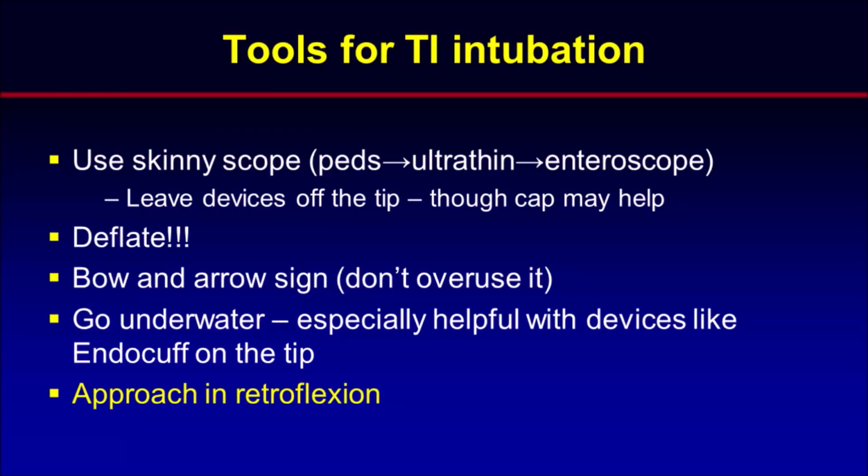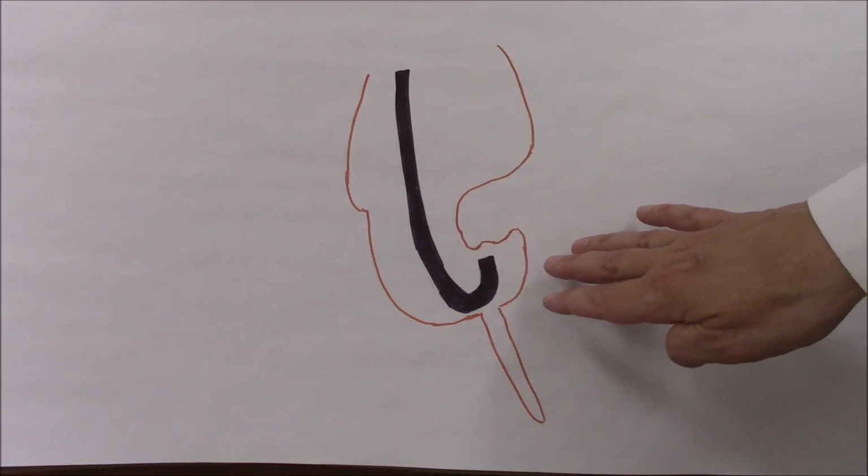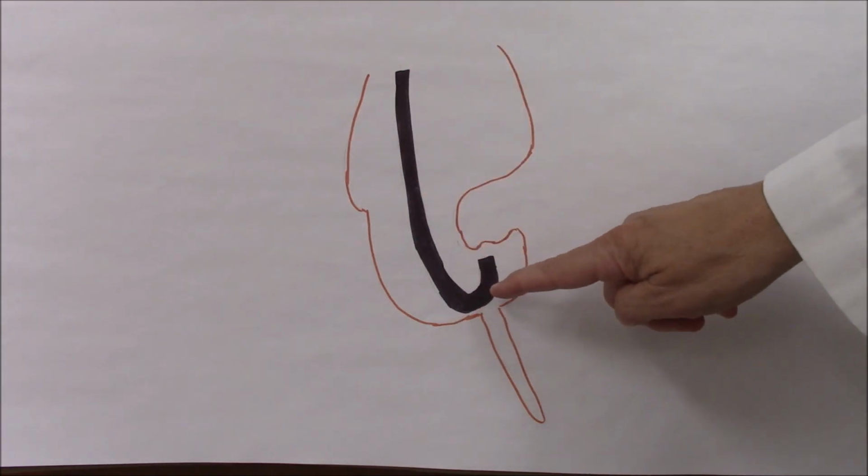Finally, there's approaching the TI in retroflexion. This will usually get you into the TI, but because you have such a hook in the scope, as you start to straighten, you've got to get some abdominal pressure on right away in order to be able to push deeply into the TI. Another technique you can use if other measures fail is to go into retroflexion in the